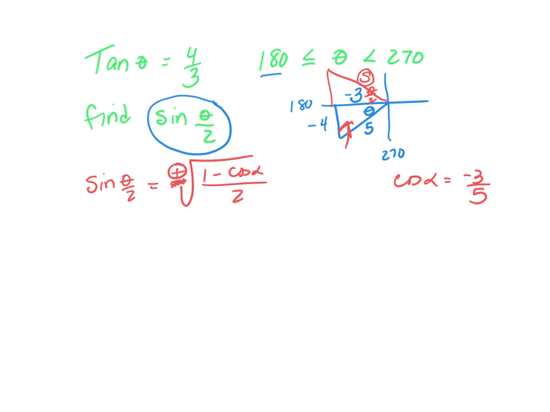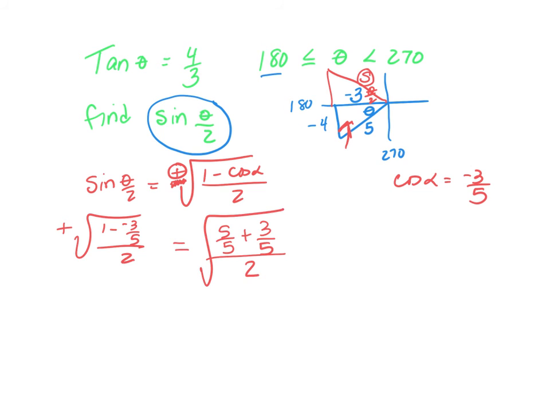Now we just put that in the formula, so we have square root, we know it's positive, 1 minus negative 3/5 over 2. All right, so I'm going to change that 1 to 5 over 5. Whoever the denominator is, just change it. And then I'm going to change the minus to plus. That's really pretty. And then I'm going to put that 2 under here and put it all under the radical. So what is 5/5 plus 3/5? 8/5